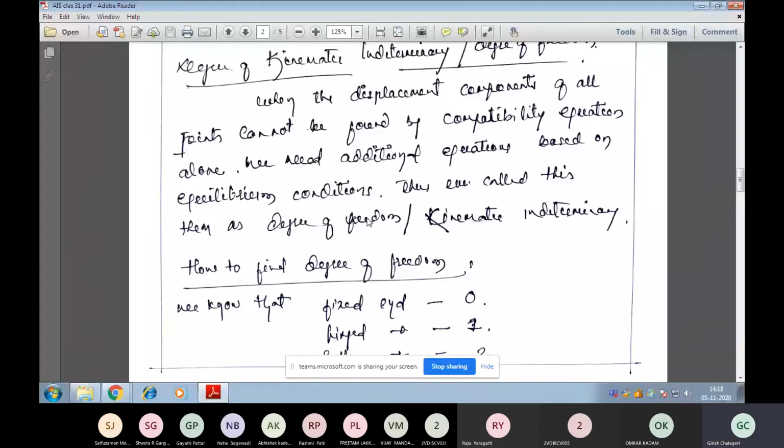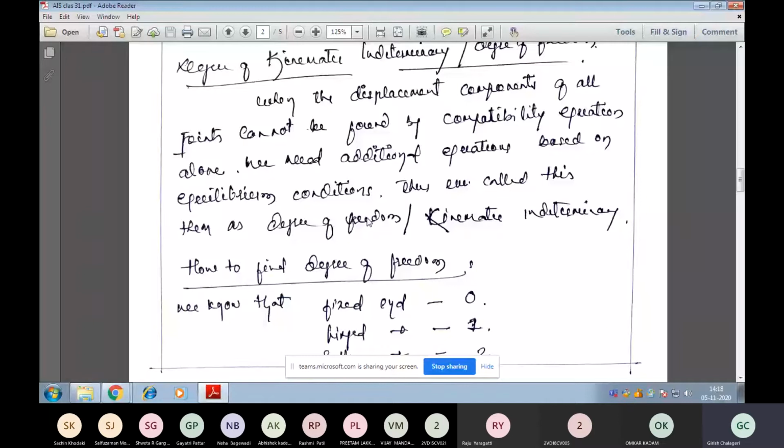So suppose you consider a simply supported beam, I am giving an example, where one end is hinged and the other end is a roller support. The hinged end is able to rotate in all directions. It can only rotate, but it cannot move in the horizontal direction or in the vertical direction, because since it is a hinged one, the restriction is there. It has been restricted, but it is free to rotate in any direction.